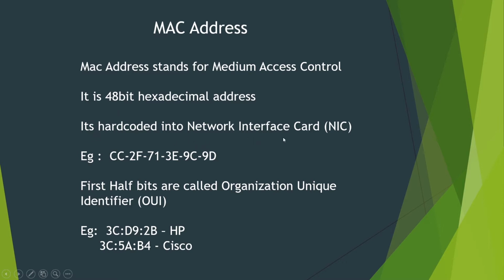This network interface card is built into our devices. In my laptop I have two network interface cards. One is for Wi-Fi and one is for a normal wired internet connection. Even in our mobile phones we receive Wi-Fi, and that's because there is a Wi-Fi chipset, right? That is called a network interface card. And an example of a MAC address is